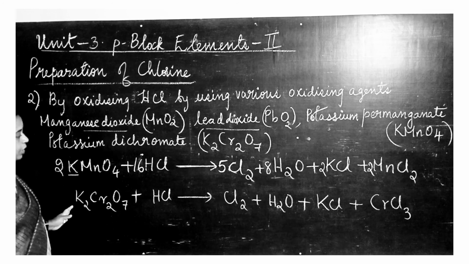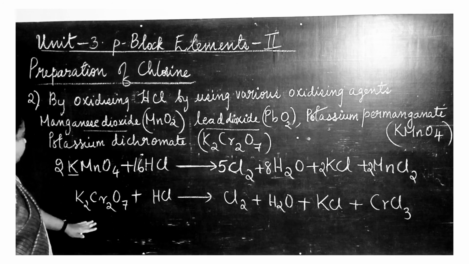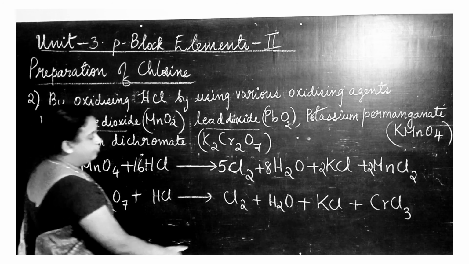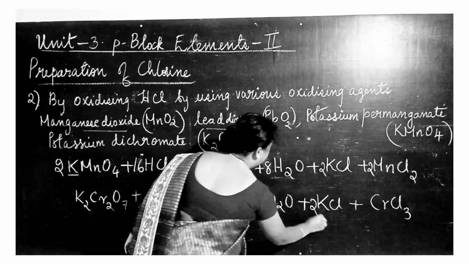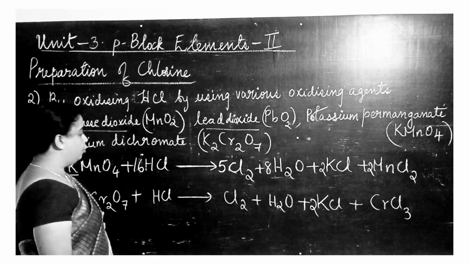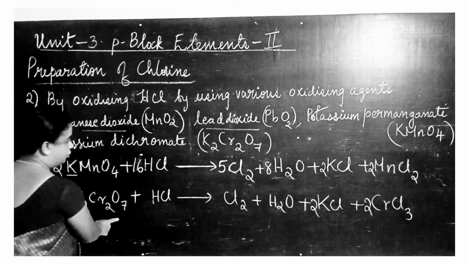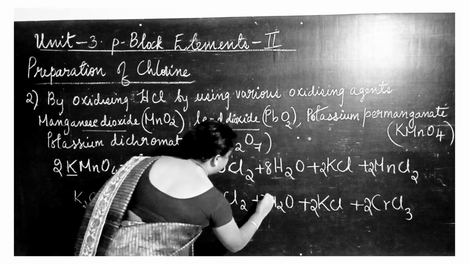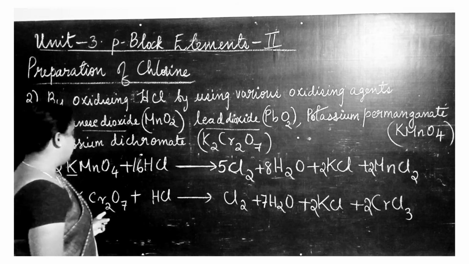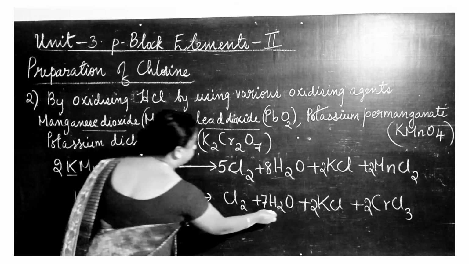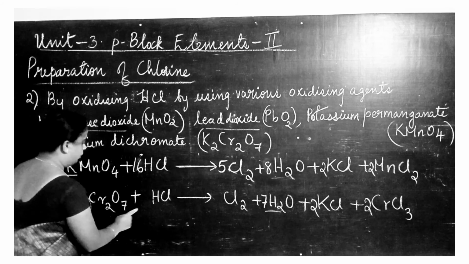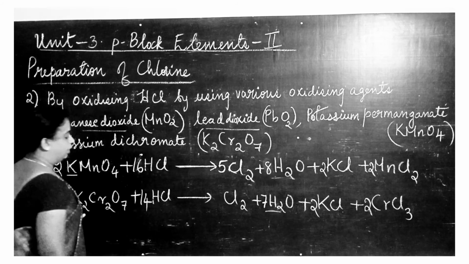Okay, now let us look into the potassium dichromate here. Here 2 potassium, whereas here only 1 potassium, so put it over there 2. Now here 2 chromium, here only 1 chromium, so put here 2. Here 7 oxygen, whereas only 1 oxygen, so I put here 7. So oxygen is balanced. Now go to hydrogen. Here 14 hydrogen, whereas here only 1 hydrogen, so put 14 hydrogen.